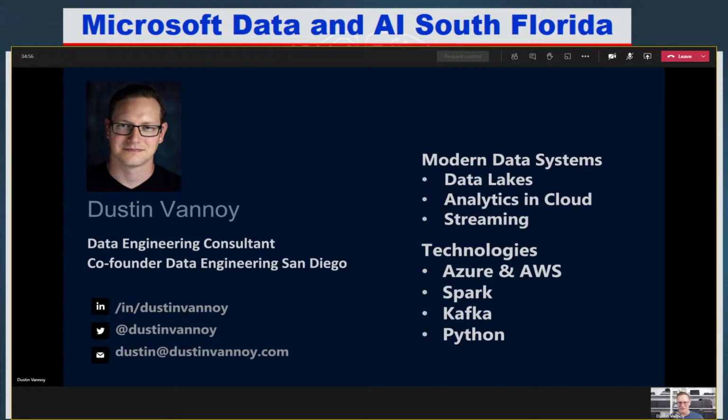We can definitely talk about the differences of technologies on AWS if there's time in the Q&A session at the end. I love to work with Spark and Kafka and Python, and we'll see all those things in play, at least the Kafka APIs, and we'll talk more about that as we go today.